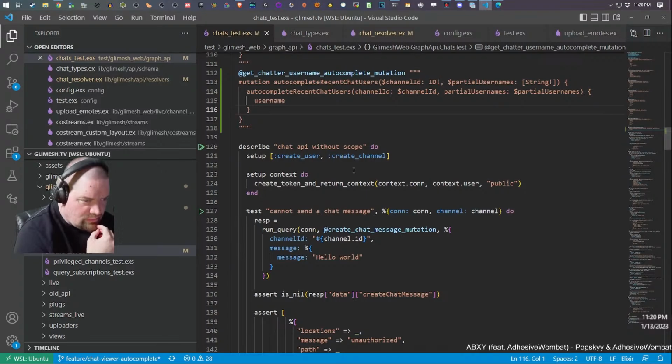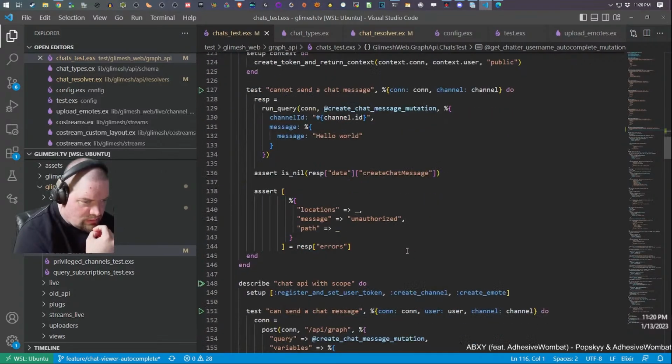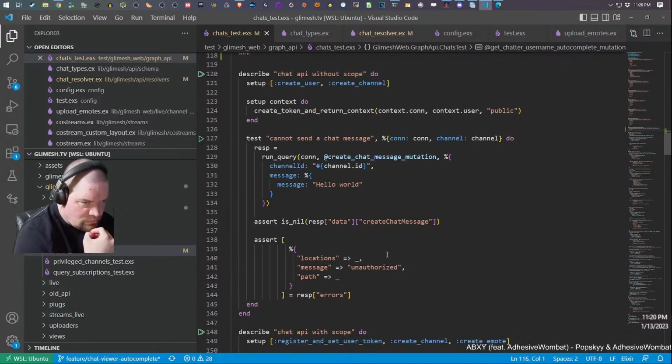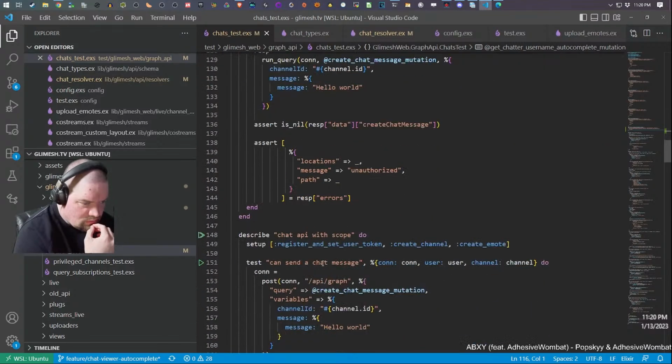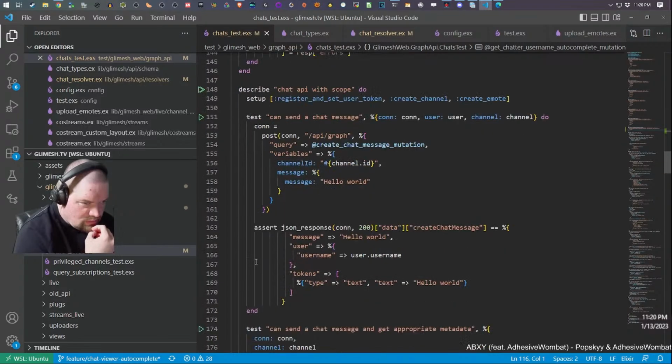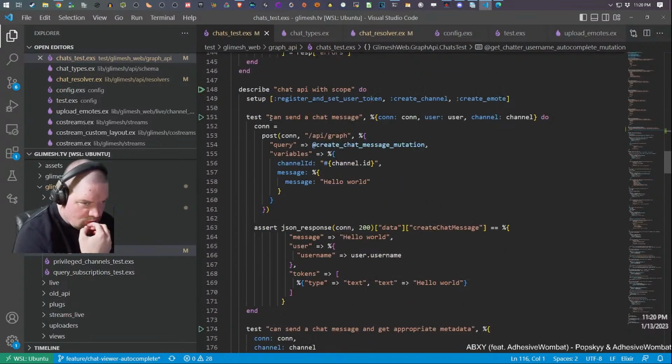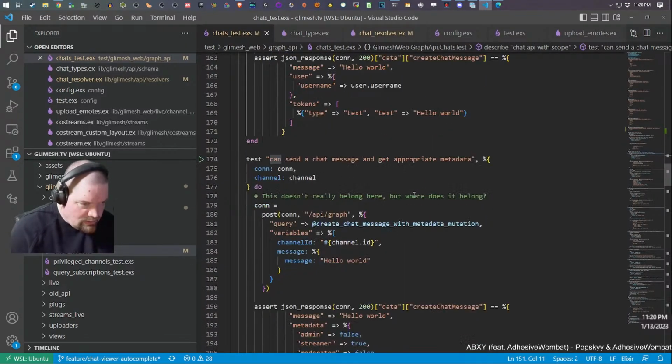Chat API without scope. Token and return context. An API with scope. And the chat message. The appropriate metadata.